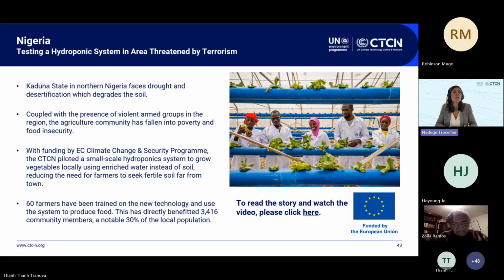if we can support them in creating an exit strategy, which they have in mind would be to start with cold storage, so that they can make sure that they don't lose their produce. And at a longer term, they would like to have their own branding with a small community that could lead to a marketplace where they can sell the vegetables that they don't need, and have a branding image of being the first hydroponic system in the region, at least, and thinking more ahead of that, they